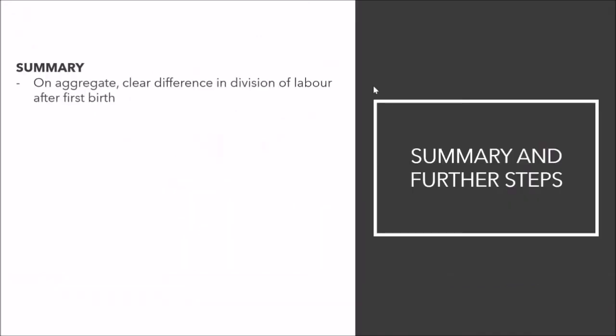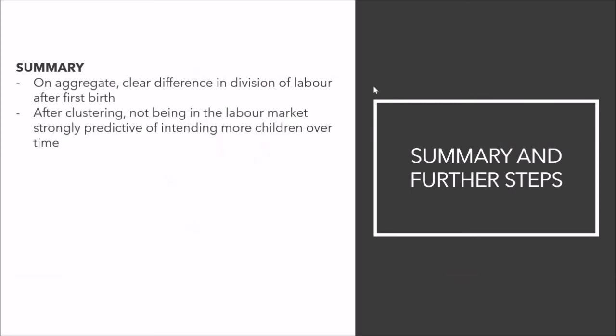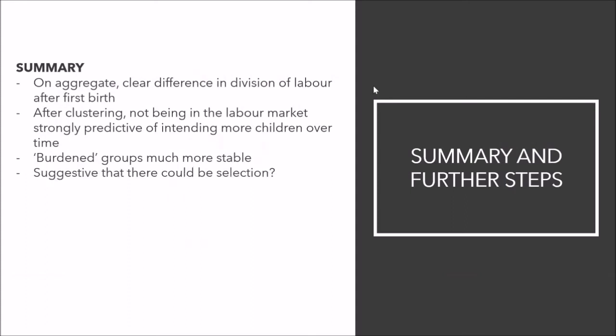So to summarise this part, on aggregate, I think I can see some pretty clear differences in division of labour before and after birth. And after clustering, I can see that the groups where women aren't in the labour market were strongly predictive of expecting more children over time compared to the groups that do work, which are much more stable. So perhaps this is suggestive there could be some selection here going on in terms of who remains one child women and who goes on to have a second child. But as I said, I need to do a lot more sensitivity analysis for this